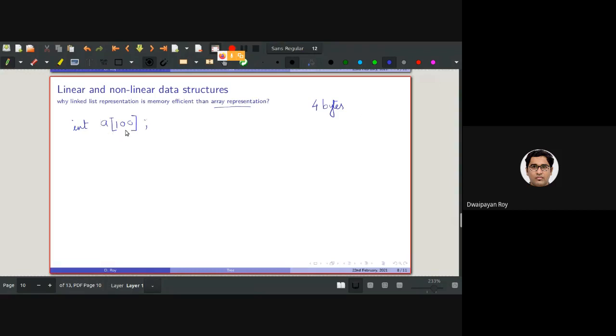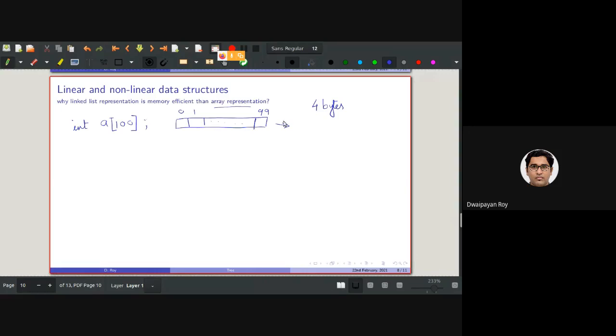So here basically it is an array that has the capacity of containing 100 integer variables, right? So what will be the size of this?